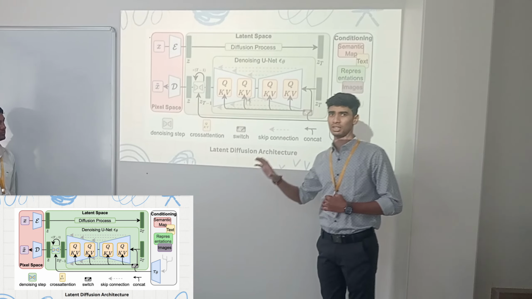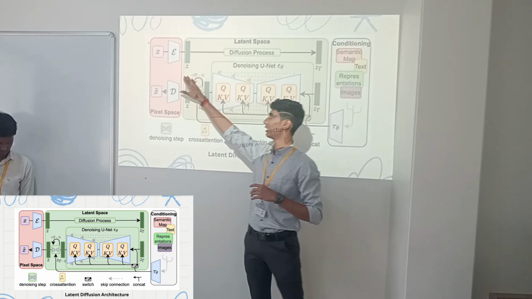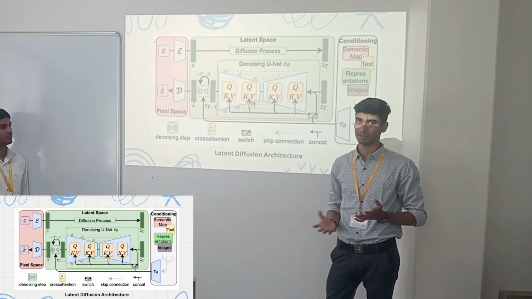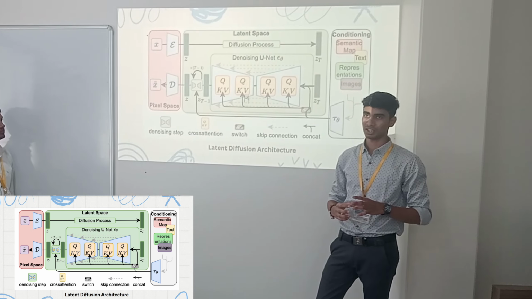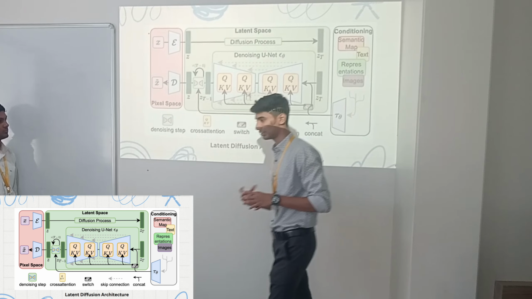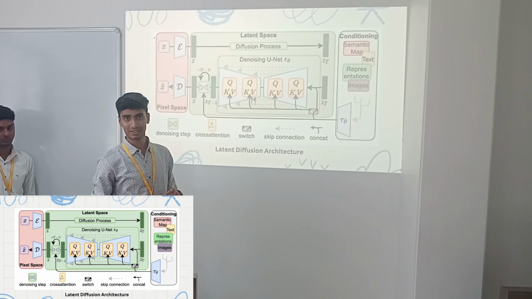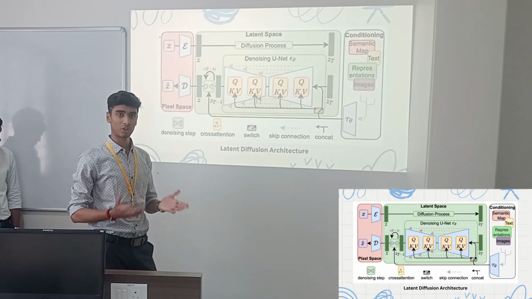So the main problem in the diffusion model is the image size. Let's assume that Z is the image. I am not talking about HD images. Even if I am talking about 256 dimensional images, the weight matrix becomes too huge. So we solve this issue by using the compressing power of the autoencoders.